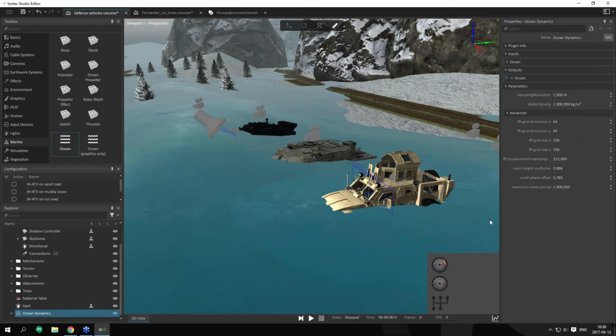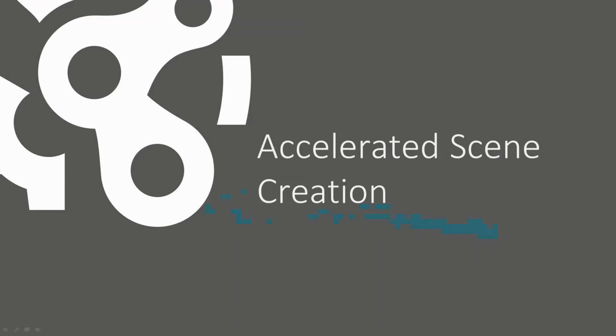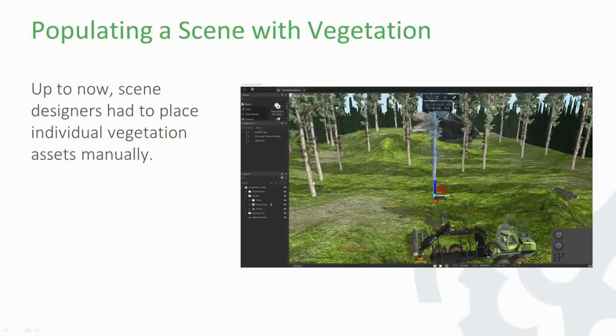Thank you, Marc-Alexandre. Now, we're going to get back to our presentation and talk a bit about some new tools we have for scene designers. So as we looked earlier, scene designers are one of the different types of team members that will use Vortex Studio. And scene designers are tasked with creating immersive environments, and a lot of that comes with the realistic and numerous implementation of